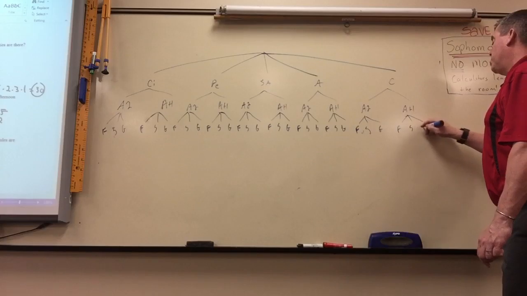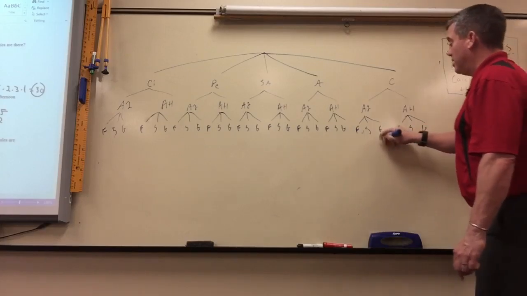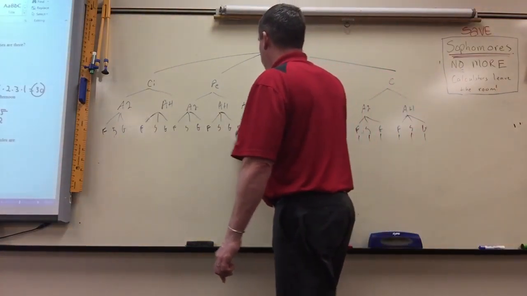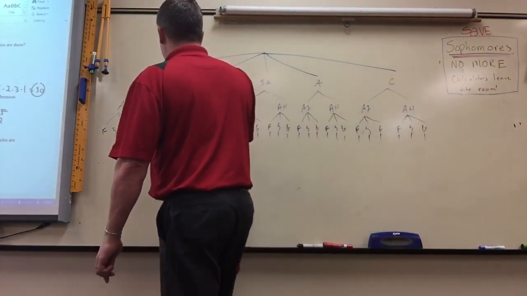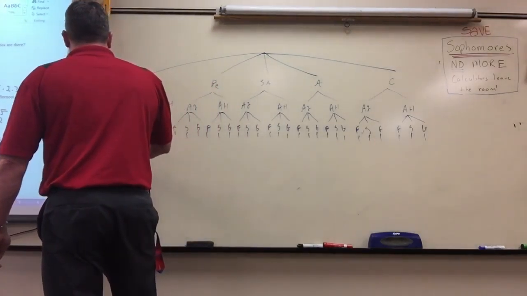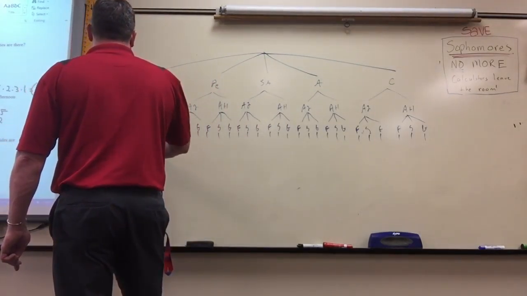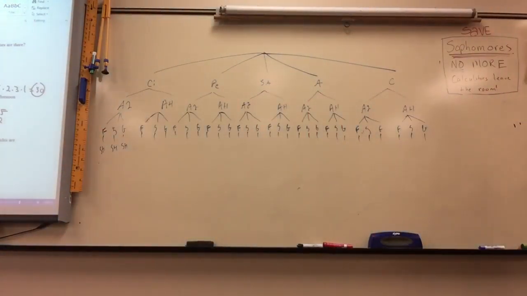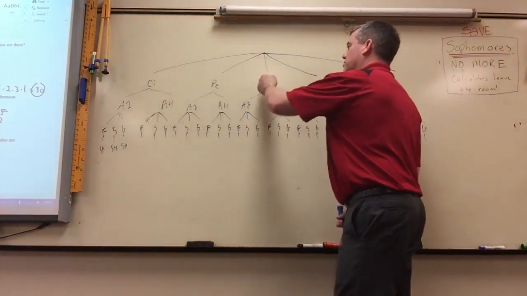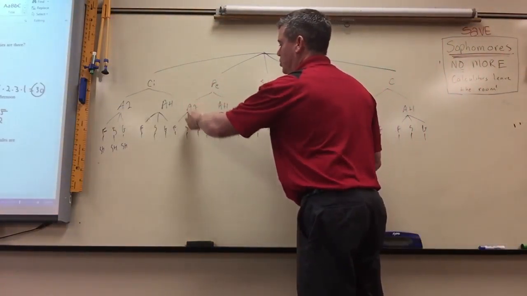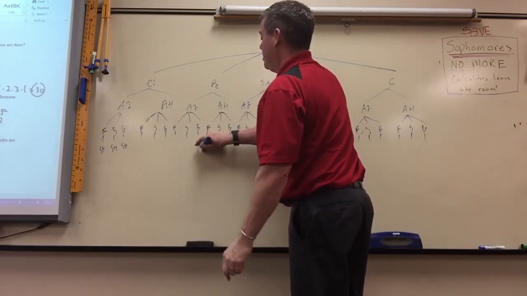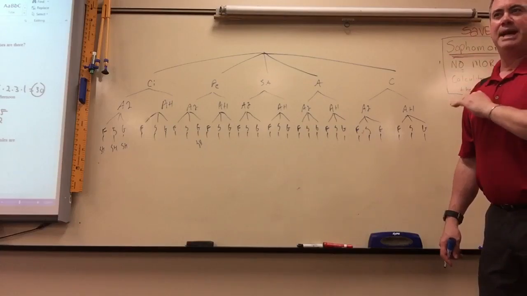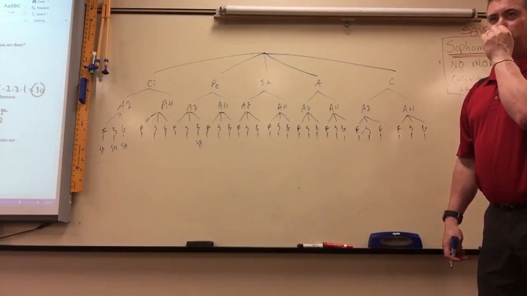And then for the last period, there was only 1 choice, study hall. So there's only 1 branch coming off of each of those, and those were all study halls. Okay? So to count now, if you followed each branch, phys ed, Algebra 2, German, and then study hall. So there we can see there are 30 different paths that you could follow. So there are 30 different ways.